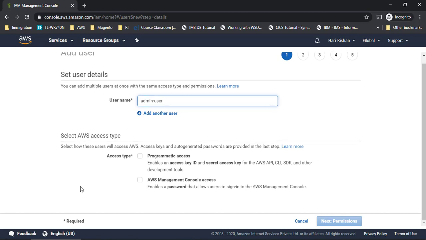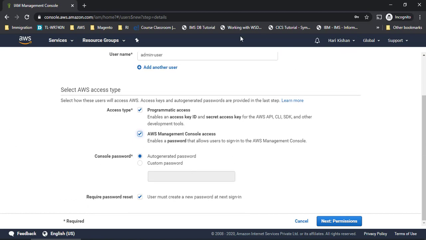Okay, and I can see there are two different access types here. One is programmatic access and one is management console access. I have already shown you this is called the management console, from where you can access. This is a GUI for your particular AWS resources. So instead of this, if you are good at command line interface programming, you can go to CLI and then start doing all those things which you can do from the management console as well. So this is an easier way. Management console, if you don't have any programming knowledge, you can go and directly use the services from the management console. If you are good at programming, you can go to CLI access. I am good at both, so I am going to have both.